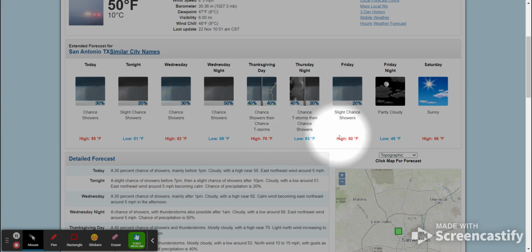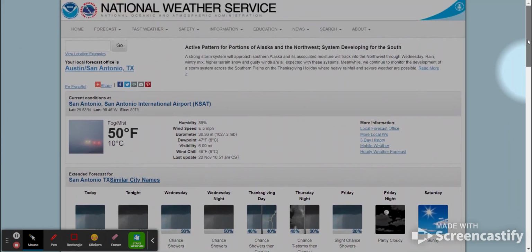So you can collect data from here. I'm going to have you fill out a chart collecting data. You also have a detailed forecast here down below. So I just want you to see where you can get all this great information for